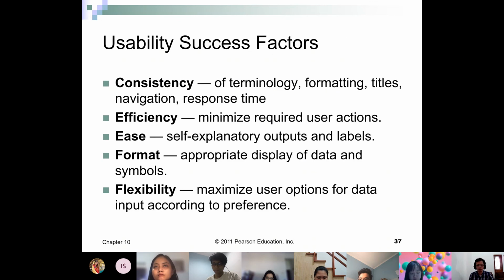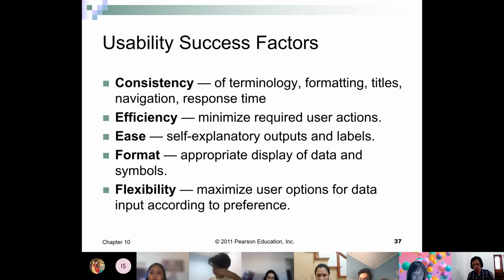So the usability success factors: one, consistency. It has to be consistent in color scheme, the font, things like that. Efficiency: as much as possible, avoid users typing in information. Provide them with choices, selections, or just check boxes.